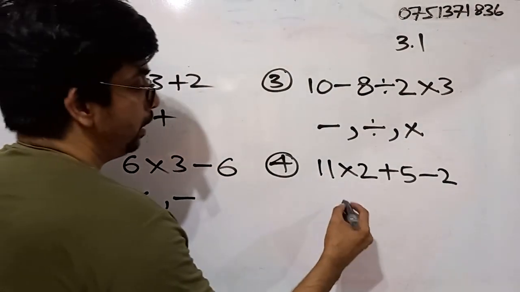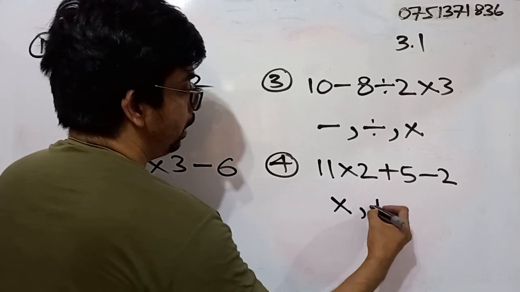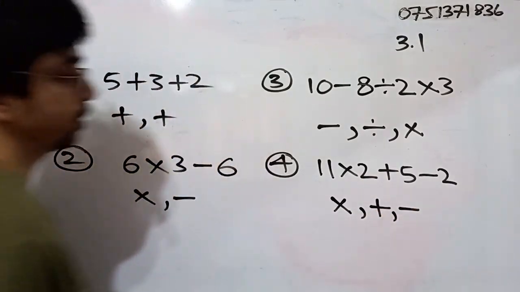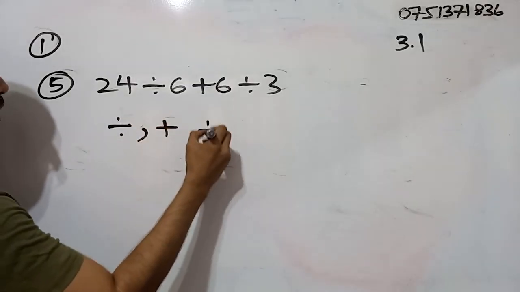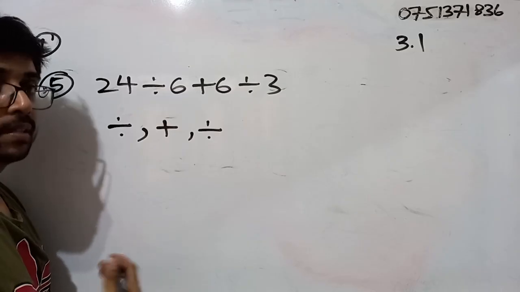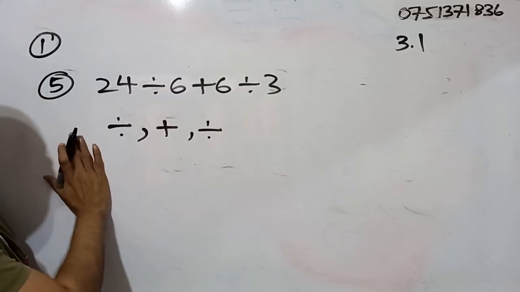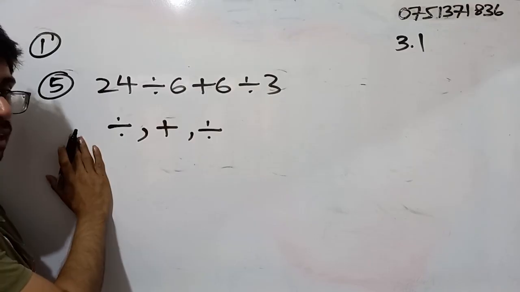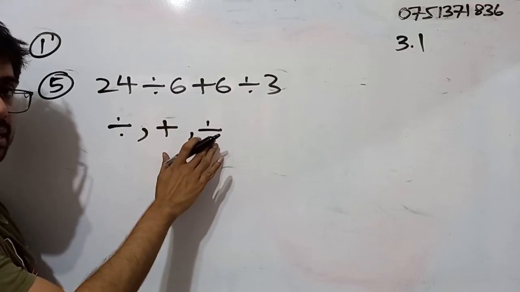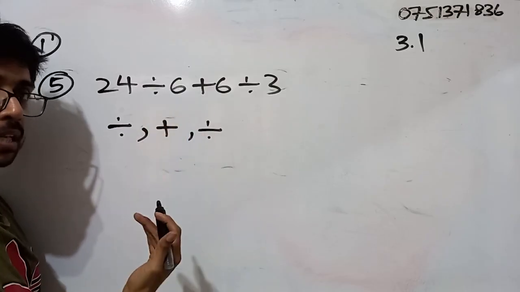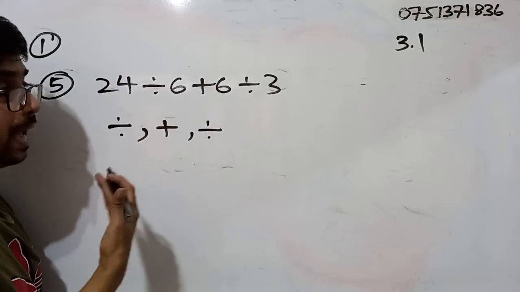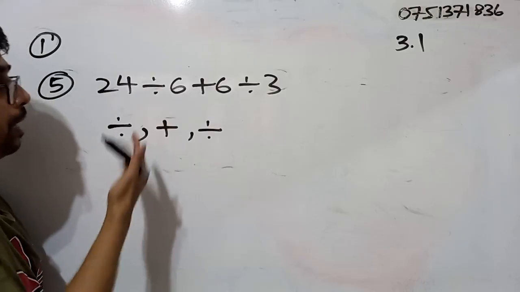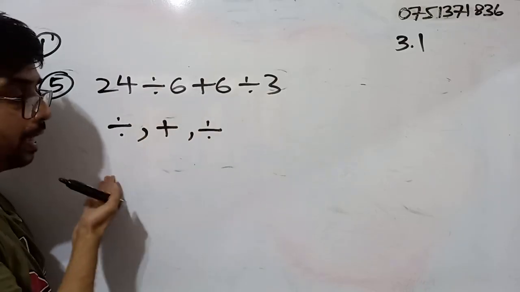Okay, so here we have a multiplication, then addition, then subtraction. So here we have a division, then addition, then subtraction. Right, and I'm stating once again, in this question we don't have to simplify, right? This is not the way we simplify this, right? In the question, they are asking us to do what? Simply write down the mathematical operations as they appear. That means simply write down the symbols, right, as they appear.